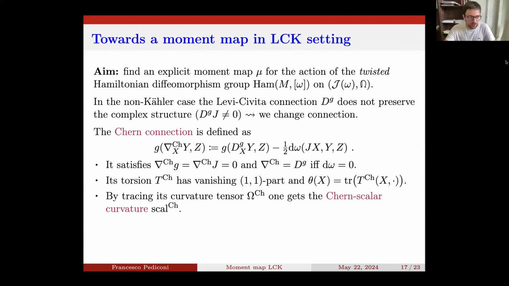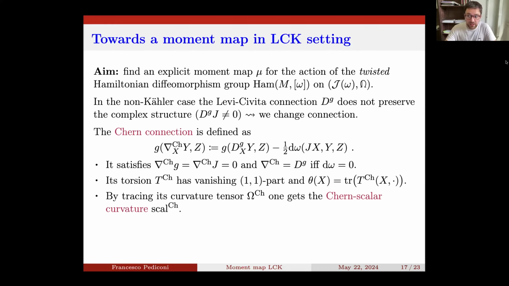I think I know what you're referring to, but their moment map is not infinite dimensional. I think that they consider some action related to the LCK structure, but of a proper Lie group on the manifold M itself. Okay, so it's a different viewpoint. Yes, I mean, here this is like the generalization of the Donaldson-Fujiki framework. So here it's a formal moment map on the infinite dimensional manifold. It's a bit different. Yes. I see. Thanks.